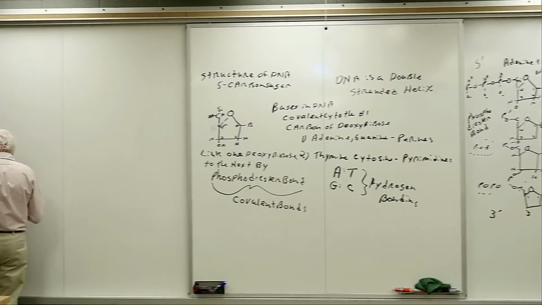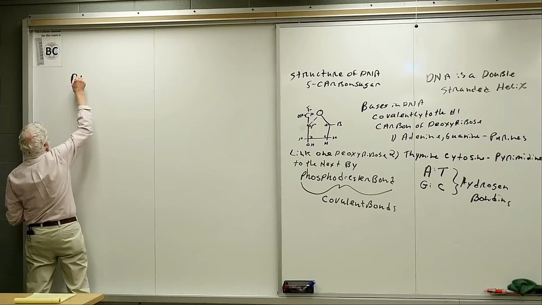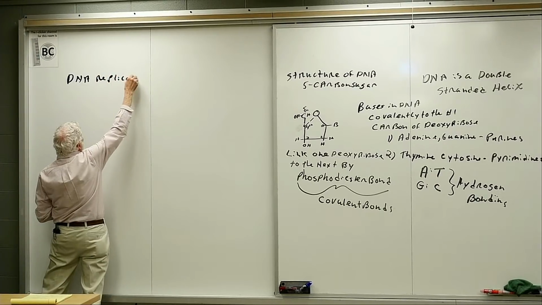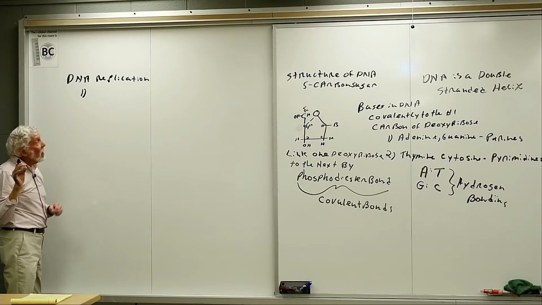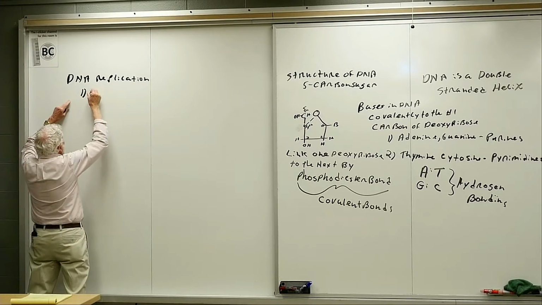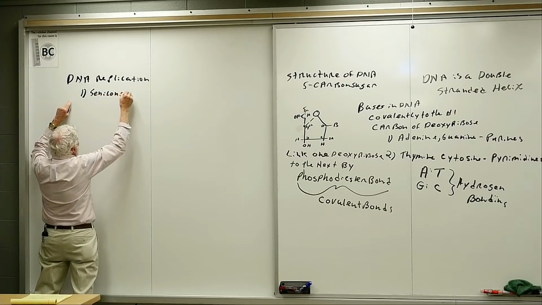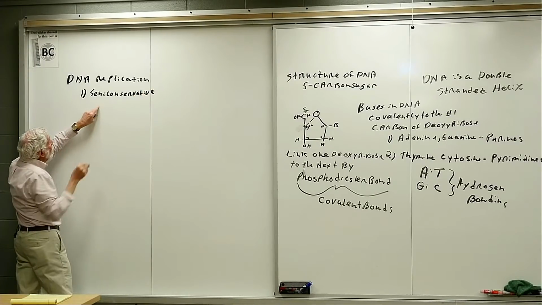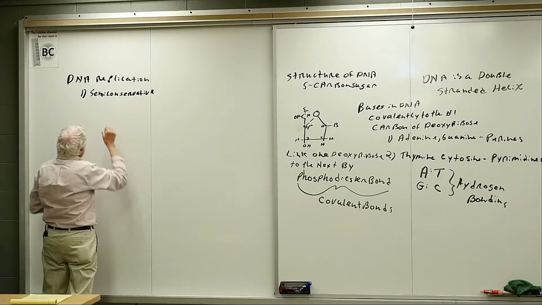So what I want to do on this panel is talk about DNA replication. And I'm going to say first, as a fundamental idea, that DNA replication is semi-conservative. There's meaning in this term, semi-conservative. It means that